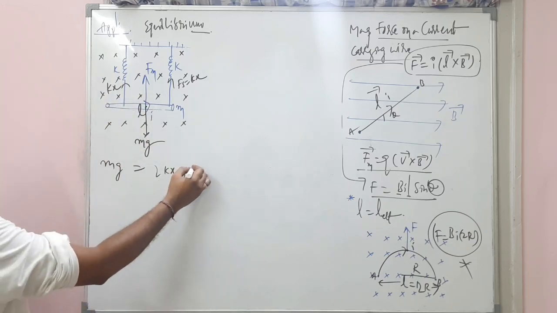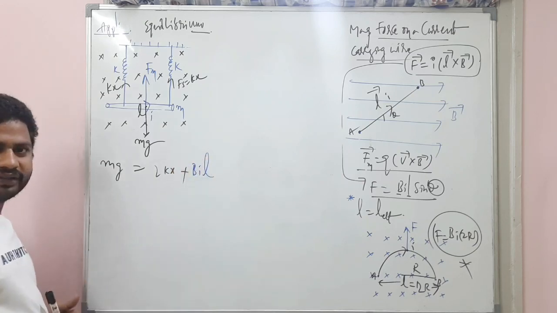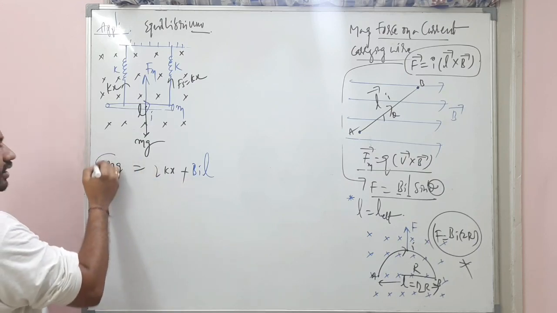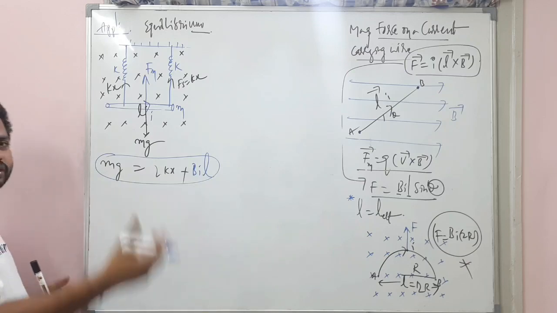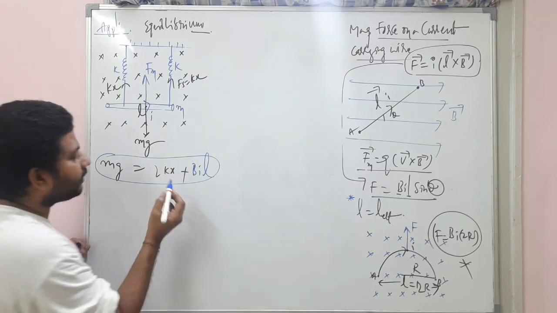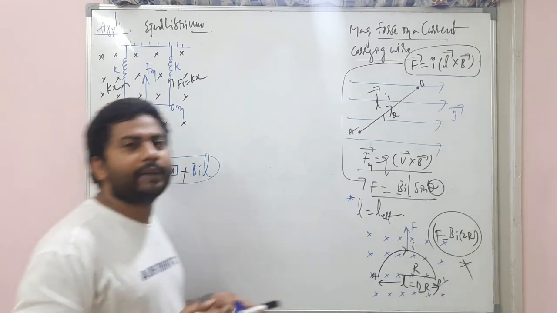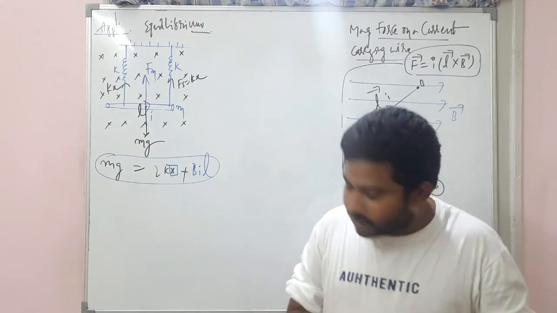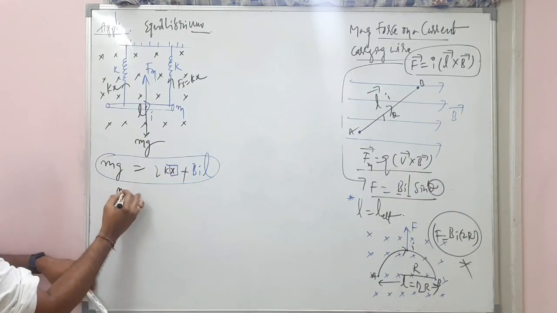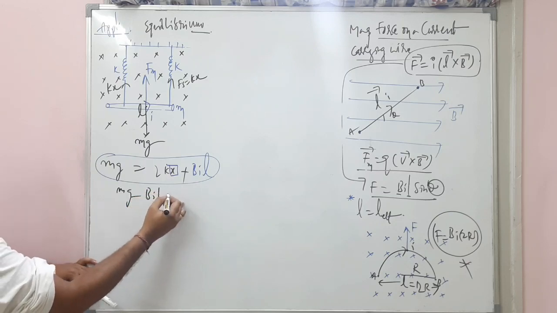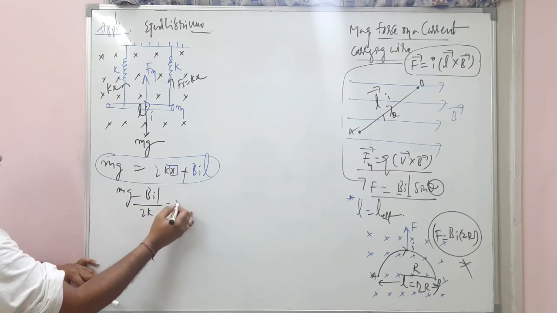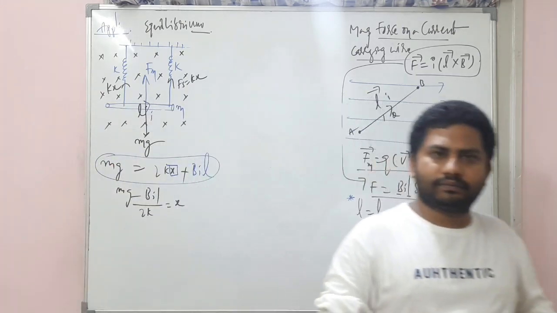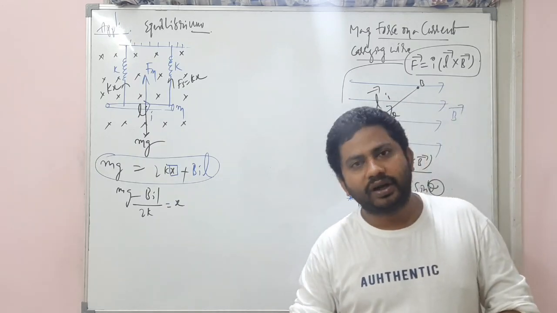So what is that? BIL. From here, you can find anything. They give you some data and ask for some unknown quantity. They may give every detail and ask you to find x, and you should be in a position to find that x, and finding x is so simple. So x equals (mg minus BIL) divided by 2k. See this? All the data is given, so finding x is simple. Is it a difficult task? No, it's a simple task.